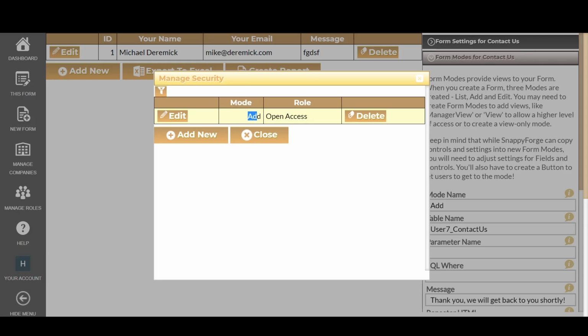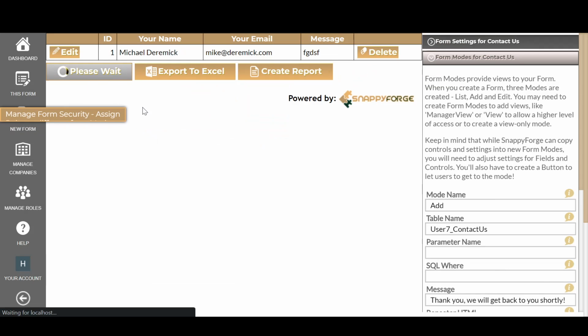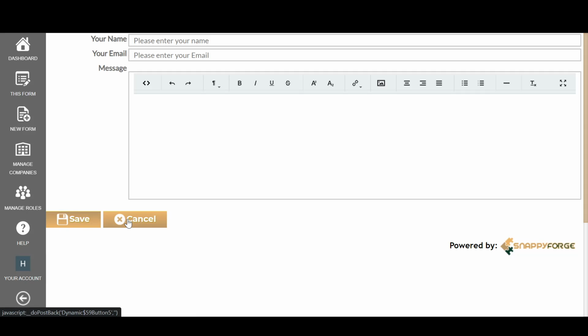But because these buttons by default, let me show you what I mean. Close this, go to add new. Save and cancel both go back to the list view by default. So if there's no message, you won't see these buttons. And because the list view is not allowed for open access users, anybody who comes in will not see these buttons. So by putting a message to display after saving the form, the save button will be available to